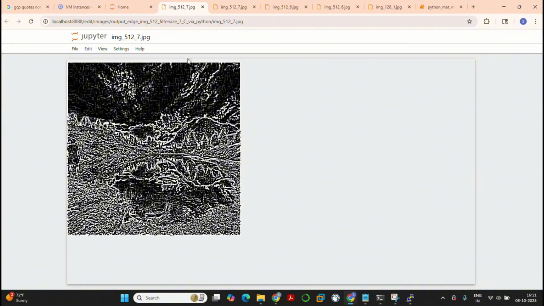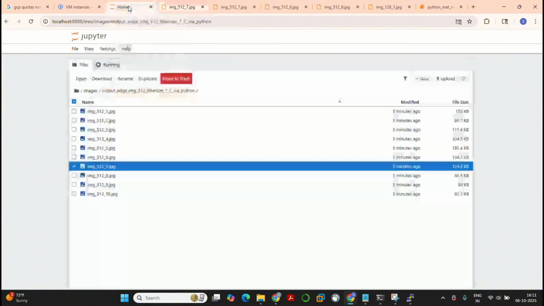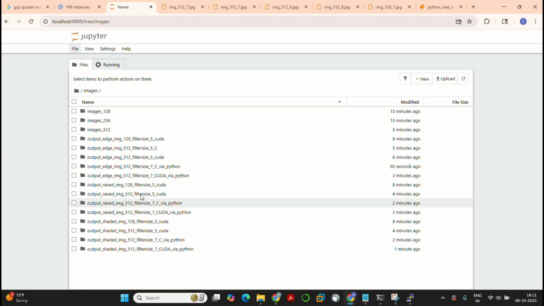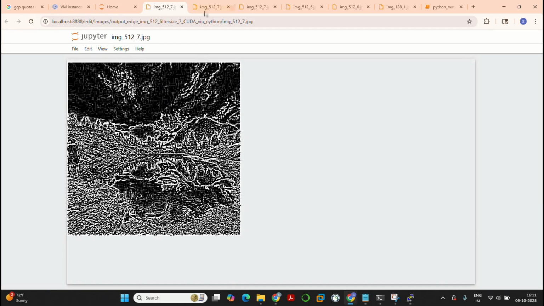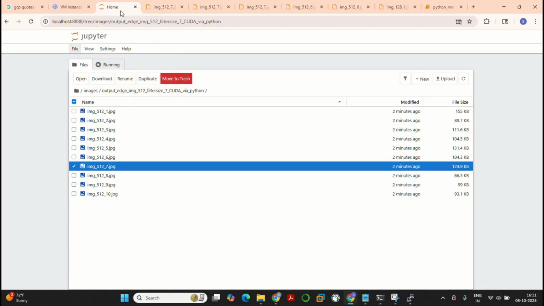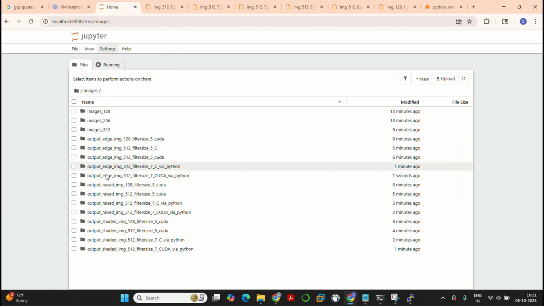Yeah, 7th one looks like this. Let's just see how the CUDA version looks like. Yeah, it's pretty much the same. They should be the same because the processing is the same, only it's the